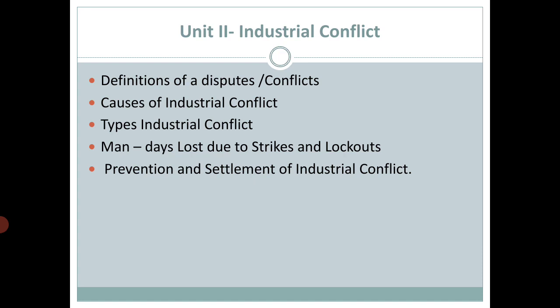The employer knows that these employees are in need of the job, they are in need of the work. What does he do? He shuts down the organization or the company. Such a phase is called a lockout. So whenever the employer and employee don't have oneness in their opinions, they enter into a conflicting phase.